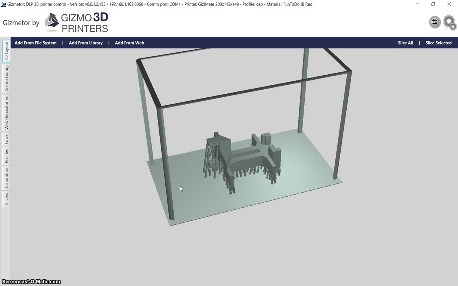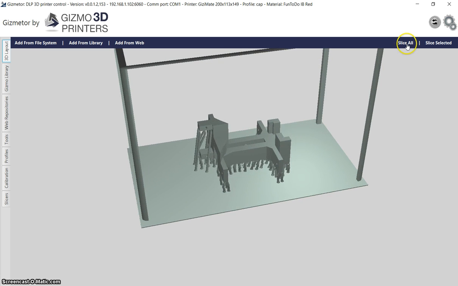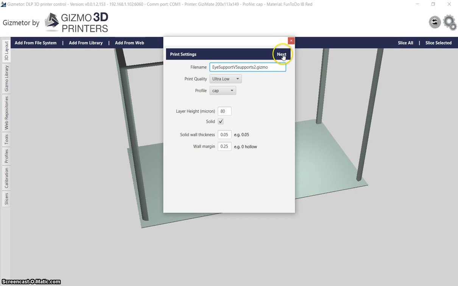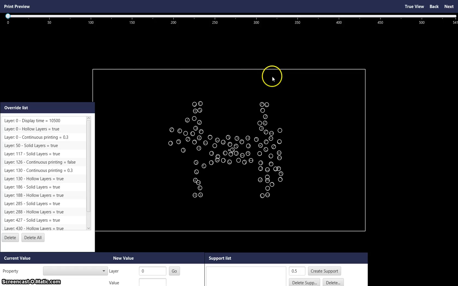In this tutorial I'm going to give a short explanation of the override manager, because I've seen people using it, I think, in the incorrect ways, so hopefully this will help a little bit. I just imported one of my models into Gizmetor. Click on slice, click on next. So this is the print preview, but in print preview we actually have the override manager